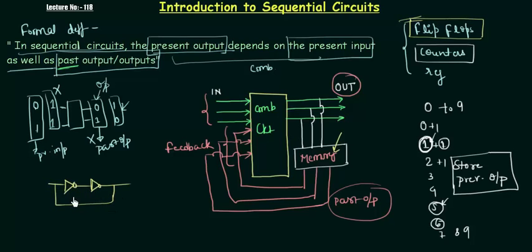These are your 2 NOT gates, and if the input is 1 or high, the output of your first NOT gate is 0, and then the output of your second NOT gate is 1. So you can see that this 1 is stored